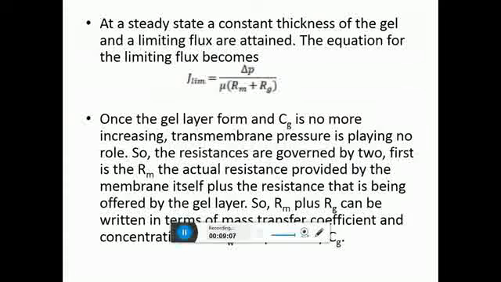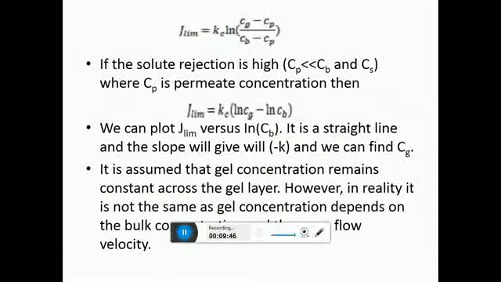In the first model, the pore model, they consider a cylindrical shape and then derive the flux equation. In the concentration polarization model we derived with CB and CW, that is the bulk feed concentration and the concentration near the wall. In this gel polarization model, they have assumed that the concentration at the wall of the membrane reaches the maximum limit and a gel layer is already formed, and then they include the resistance of the gel layer also. So these three are the flux equations.